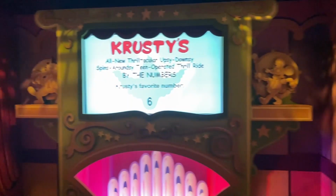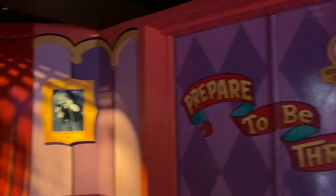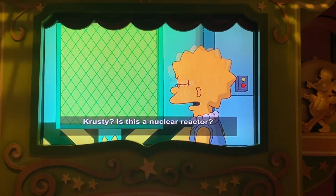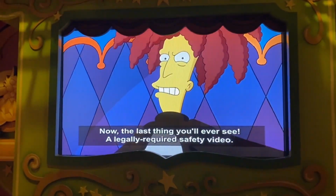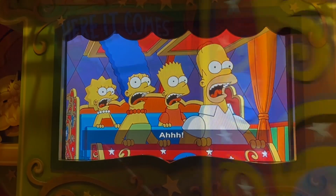The Simpsons ride is not any higher, though, on this list because it makes a lot of people extremely motion sick because of the simulator attraction, because of the style of the ride. It can make you very motion sick, so ride with caution. It does offer Express Pass because it can be a very, very long line because, again, The Simpsons are popular, so...